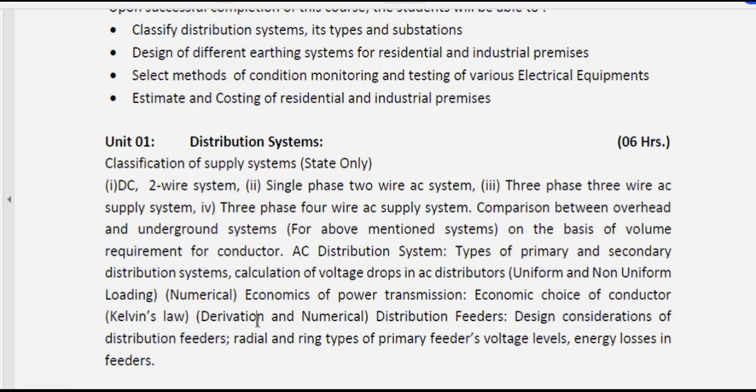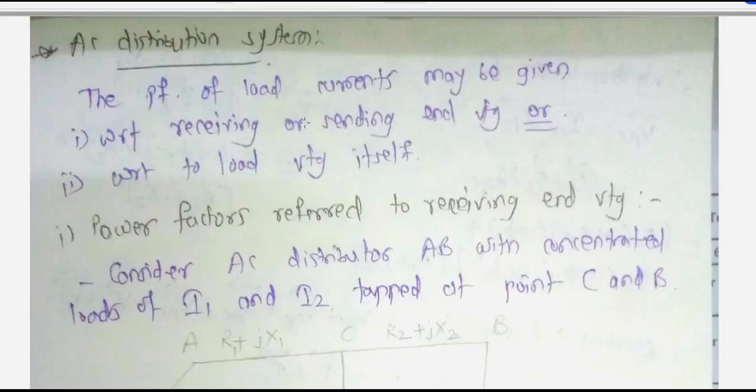Today we will discuss a very important point from Unit number 1, that is called the distribution system for AC. Earlier we have seen the classification of the distribution systems, depending on AC and DC. This can be categorized depending on the scheme of operation and depending on the voltage range, so primary distribution and secondary distribution, that we have seen earlier.